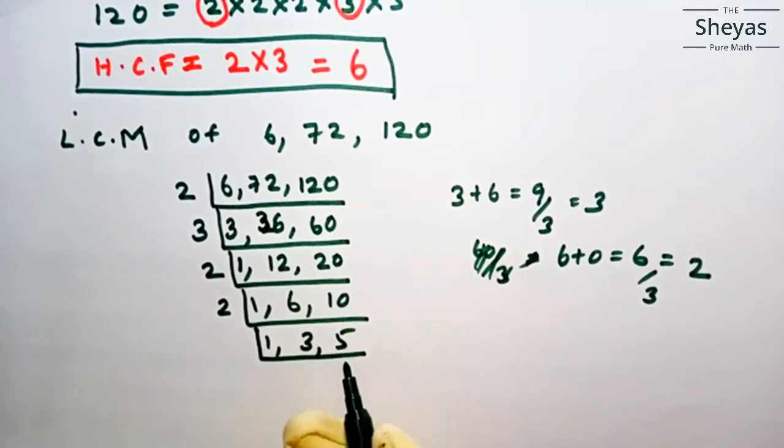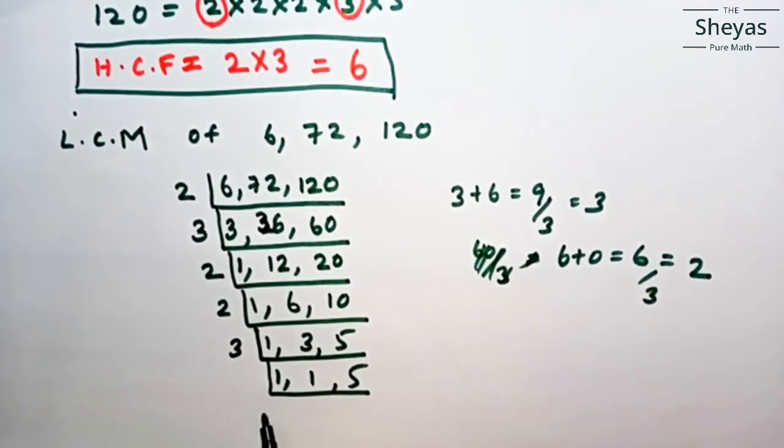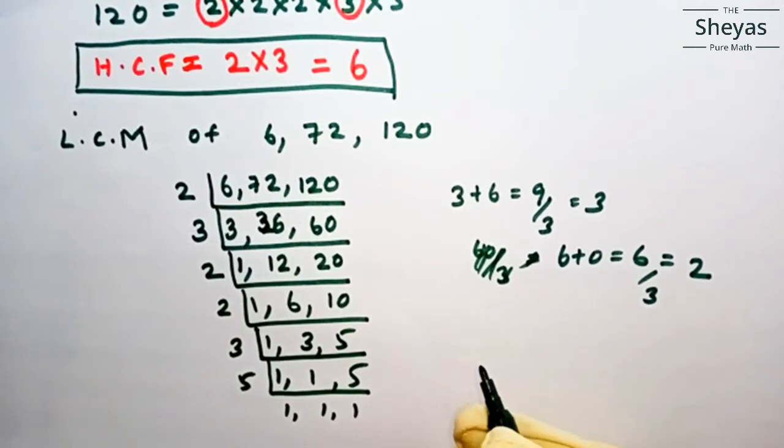3 and 5 both are prime numbers. So first I am taking 3. Now you can't find any common factor, so keep this one as such because 1 will be your factor. Then here 1 3s are 3. Then the 5 will be as such because 5 is not divisible by 3. Again here 5 is a prime number, so take 5. 1. So that's all. So you can do the LCM this way.